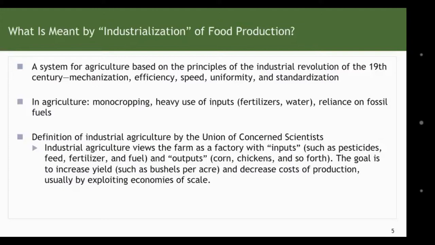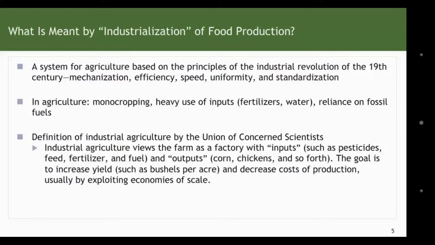It's a system for agriculture based on the principles of the Industrial Revolution of the 19th century. Mechanization, efficiency, speed, uniformity, standardization, with an emphasis on increasing throughput. In agriculture, we've seen a shift toward monocropping, meaning large acreage planted in a single plant variety such as corn, soybeans, wheat, cotton. The heavy use of inputs, fertilizers, pesticides, water, groundwater with irrigation systems, and a large reliance on